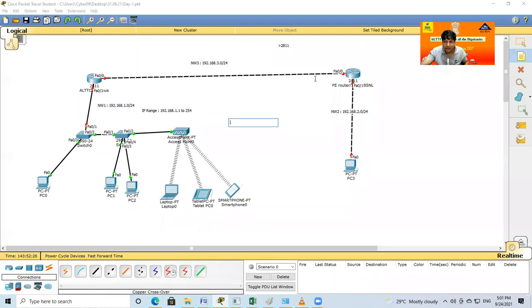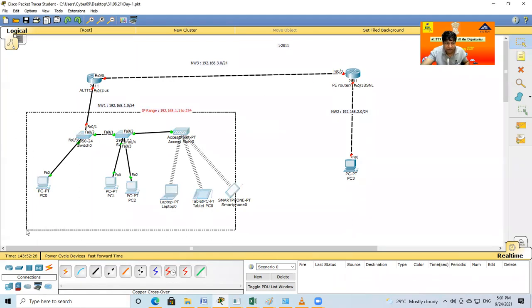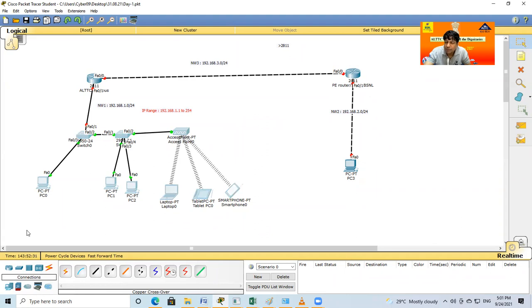So you can say, in this campus, this is a college campus, how many computers, laptops, desktop computers can connect for internet purpose? 254. If you want more than 254 connections, some other mechanism is required. But by default, very simply, if you have one network ID like 192.168.1.0, that means in this network you can connect 254 different smart devices. Okay, and in the same manner, here is the same range, 2.1 to 254, and here 3.1 to 254.